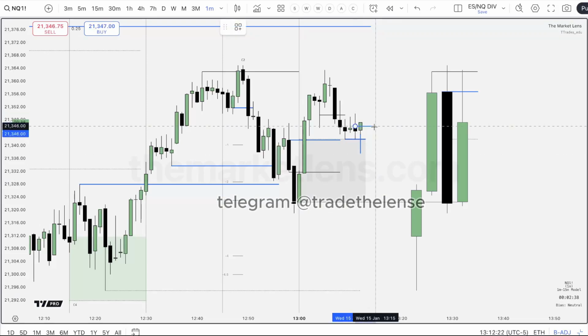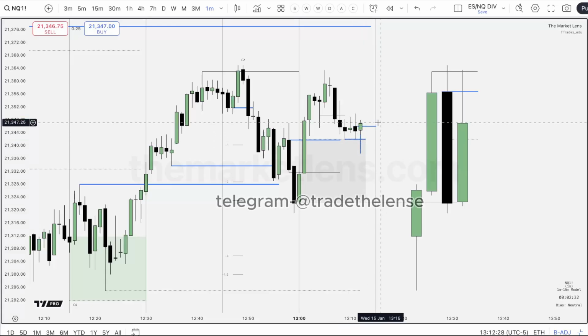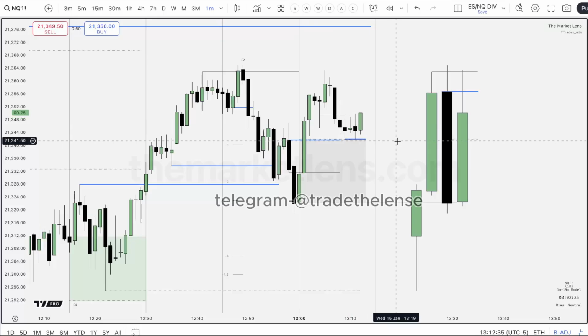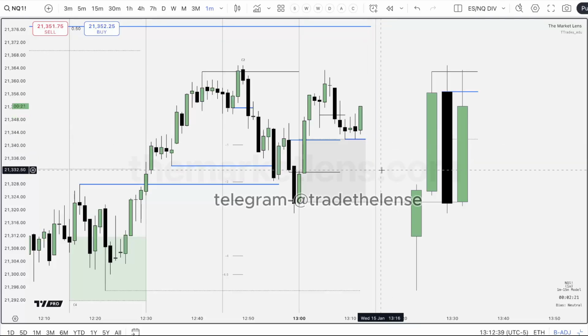If I draw my dream scenario, it would be wicking the low, then closing over this. Then right at the start of the next candle, we already have this low that I expect to hold, and then that can send higher. But of course it's going to do something like that, where it just leaves the lows.